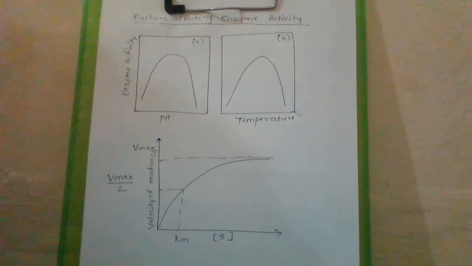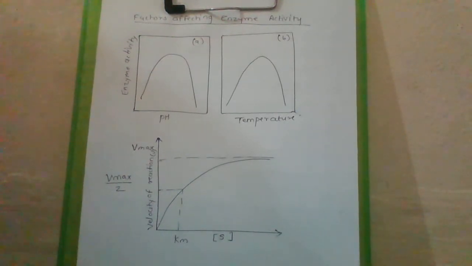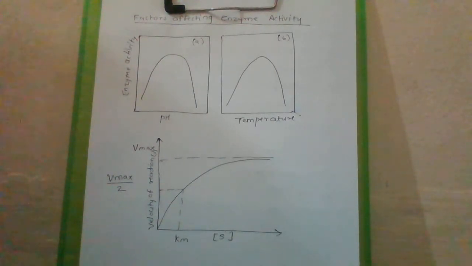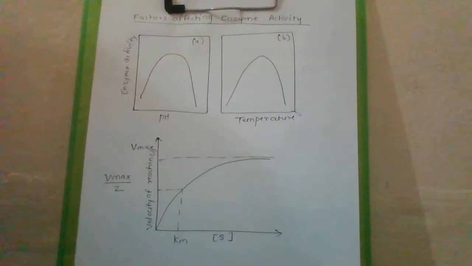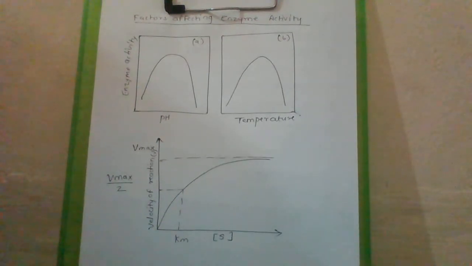inhibitor. When the inhibitor closely resembles the substrate in its molecular structure and inhibits the activity of the enzyme, it is also known as competitive inhibitor. Due to its close structural similarity with the substrate, the inhibitor competes with the substrate for the substrate binding site of the enzyme. Consequently, the substrate cannot bind and as a result, the enzyme activity declines.